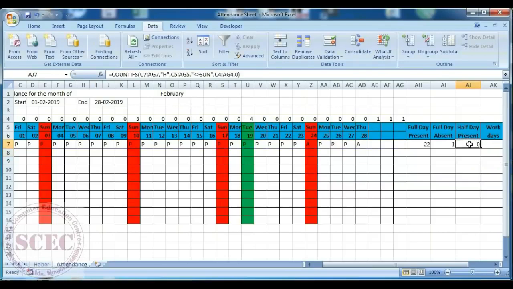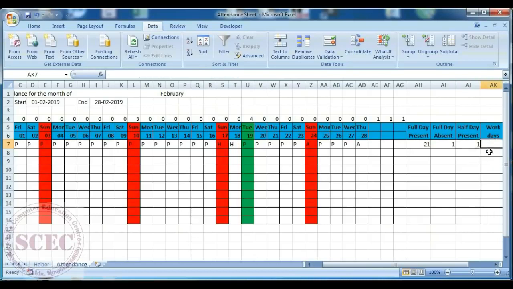Here is 0. So I will give here H and H. I put 2H, but the count is 1, because 1H is on Sunday, so it is not counted, and the other is on a working day, so it will be counted.